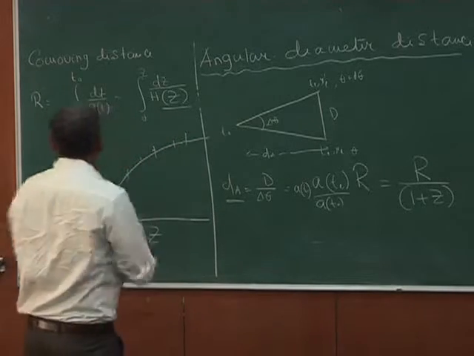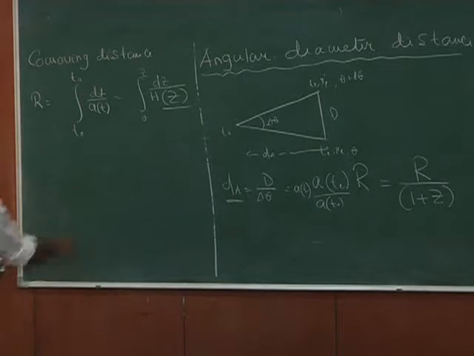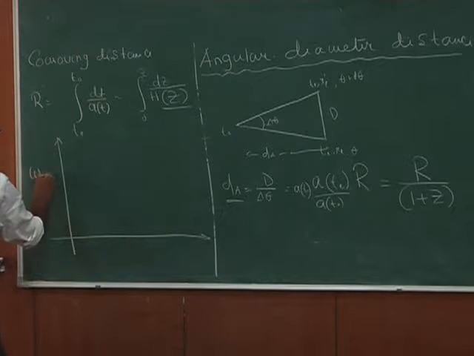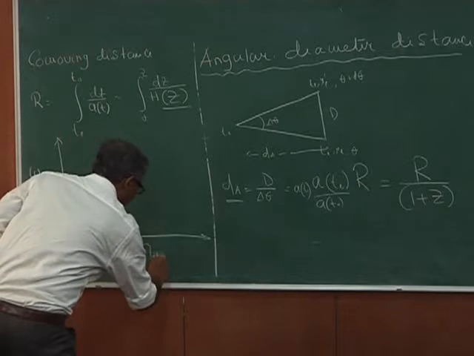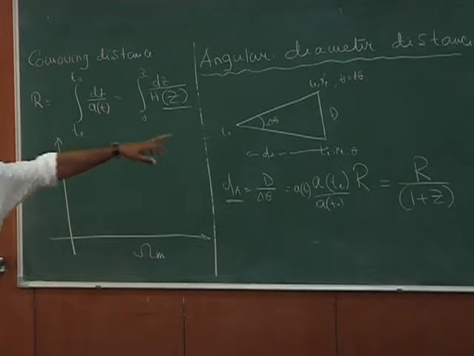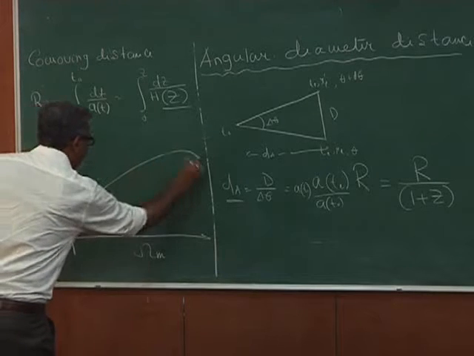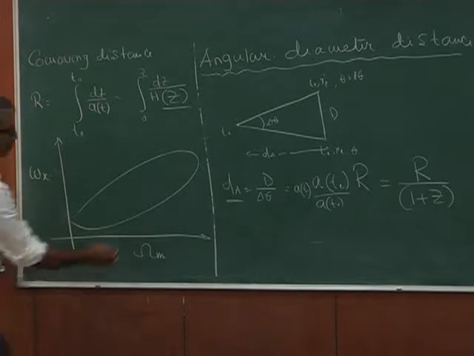So, what we have is, let us say I have this unknown equation of state, let us say it is not a cosmological constant but some unknown equation of state w x, and I have here the omega m, that parameter. I do the constraint through dl, I do the constraint through dA, okay, and we can show that one constraint comes from this, okay, the other constraint comes from here.